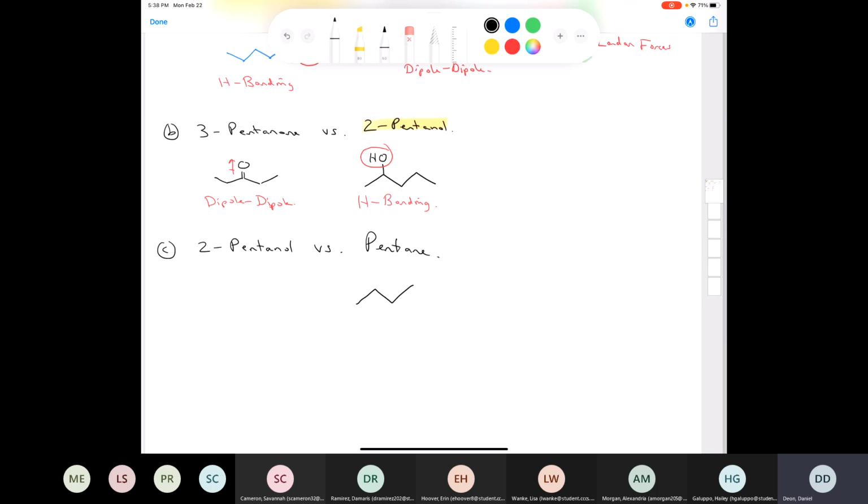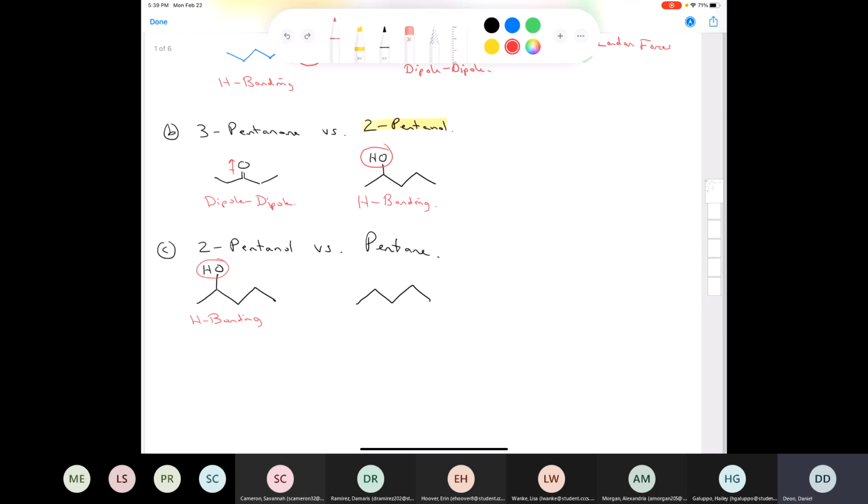So 1, 2, 3, 4, 5. And if we redraw 2-pentanol, 1, 2, 3, 4, 5, and we put our hydroxyl here, hopefully you can see pretty quickly that 2-pentanol is going to have a much higher boiling point because it possesses hydrogen bonding. So the forces that hold molecules of 2-pentanol together are going to be much stronger than the forces that hold